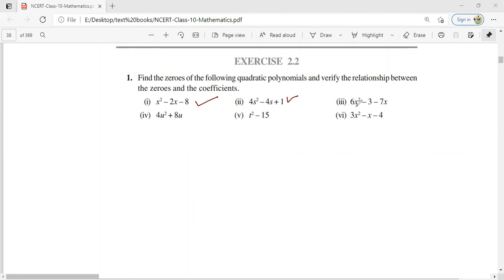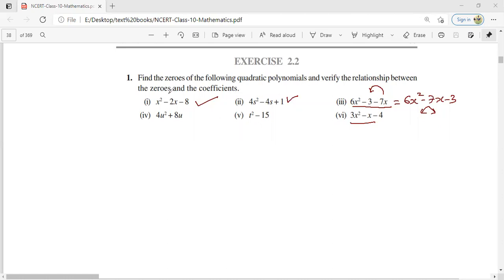If you see this equation, it is a quadratic equation, but instead of writing 7x here, they have written 3. That is a trick so that you can get confused. So you can write 6x square minus 7x minus 3. Here the sign will not change because we are not going to change the side. So first you have to arrange it, and then you split the term to find the value of x. This is simple. And these two are also quadratic equations, but they have two terms.